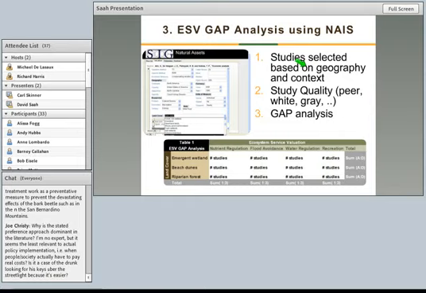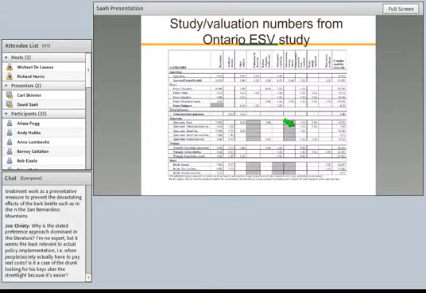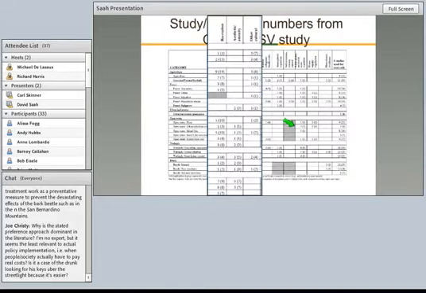When you actually go through and do that assessment, there's a variety of different things that you could link into. You could create a boundary around the geography that you want to look at: I only want to look at studies that occur within the United States. You could put a threshold associated with the quality of that study: I only want peer-reviewed journal articles from journals that have an impact factor of X or above. Or, hey, just give me everything. I want to be able to see the whole full gamut.